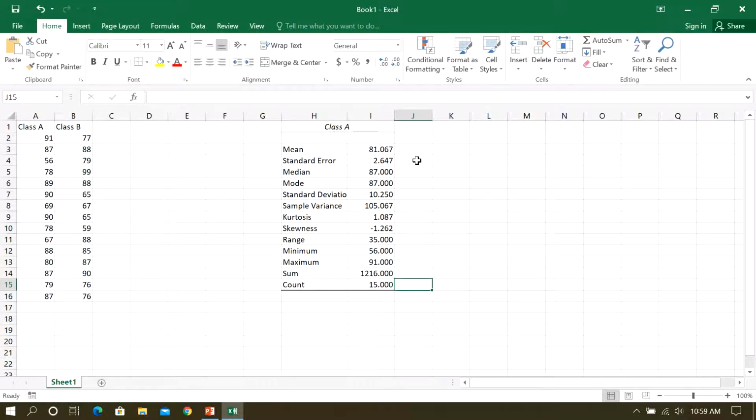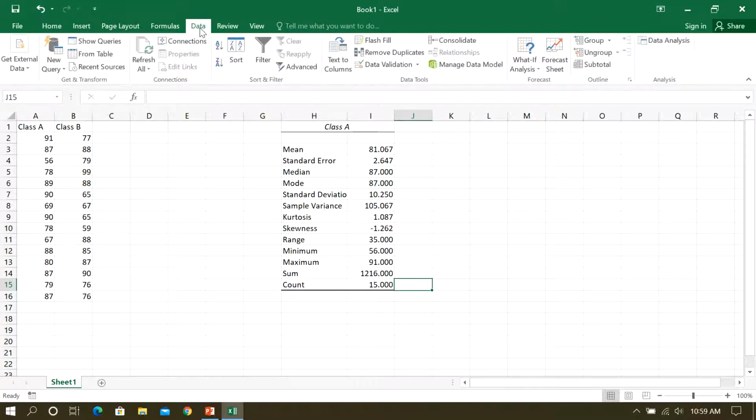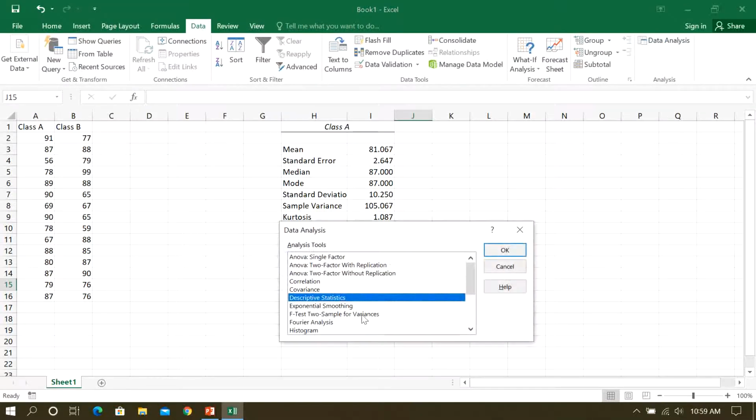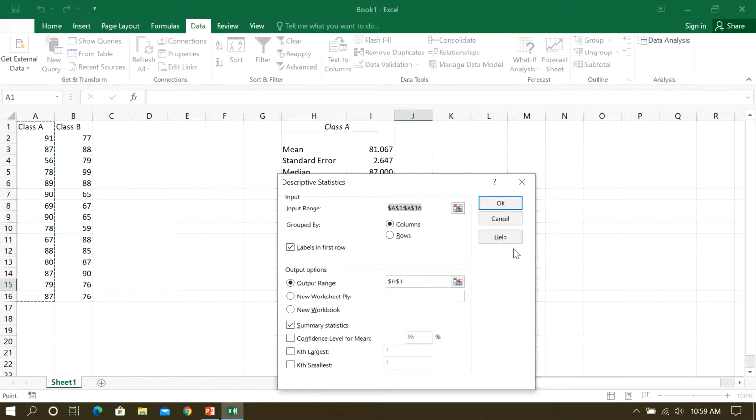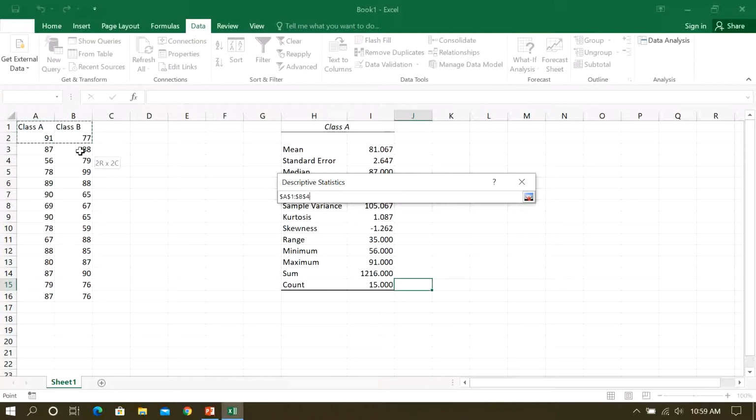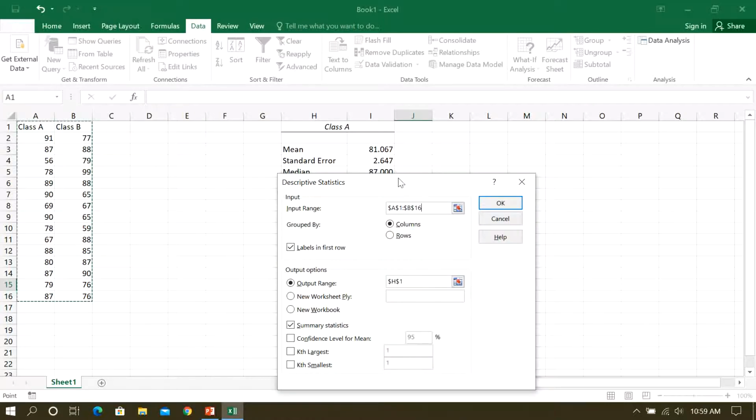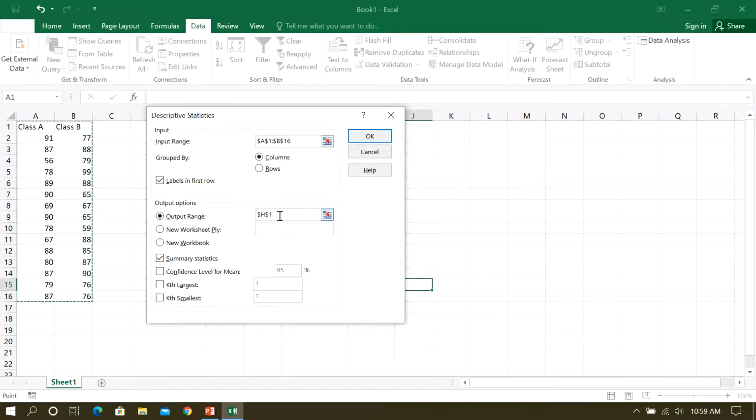Suppose we want to find out A and B together at the same point. Let me show you how you can get A and B together. Again, you don't have to do anything else. Just go to Data, select Data Analysis, then Descriptive Statistics, and click OK. Then instead of the default range, select both columns and tick all. Then remember, in your output range, the cursor must be where you want to see the result, and this must be on for that. Then click OK.